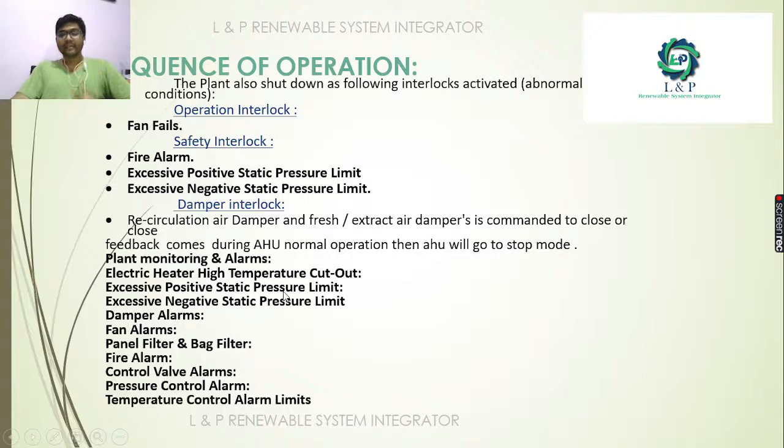In general, if the plant is not operating at all, we can create alarms for the entire unit. Apart from it, we can create alarms for the pressure, the dampers, the fans, and the filters. If the filter is too dirty, to monitor its dirtiness we use DPS, differential pressure switches, with the tubes mounted on either side of the filters. We can keep a set point, and if it is beyond it, it will raise an alarm. It is a volt free contact.